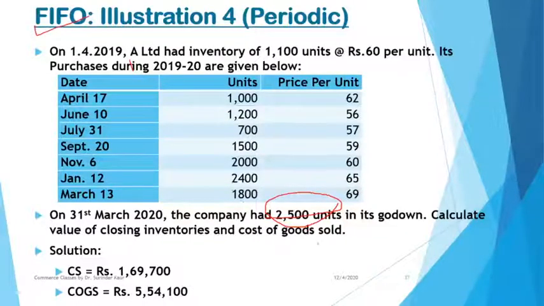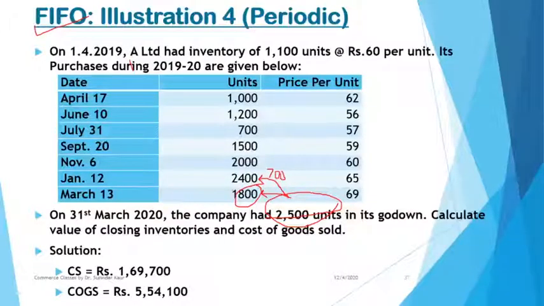So this stock must be from the latest lots. So your latest lot is of 1800 units. So this can be there in the stores as per the assumption. Your opening lots are sold. So latest lot is of 1800. It is fully there with you because you have 2500 units. So you still have a gap of 700 units. So it must be there from this lot. So we can say that in closing stock, this lot is fully left with us, and out of this 700 units are left with us.